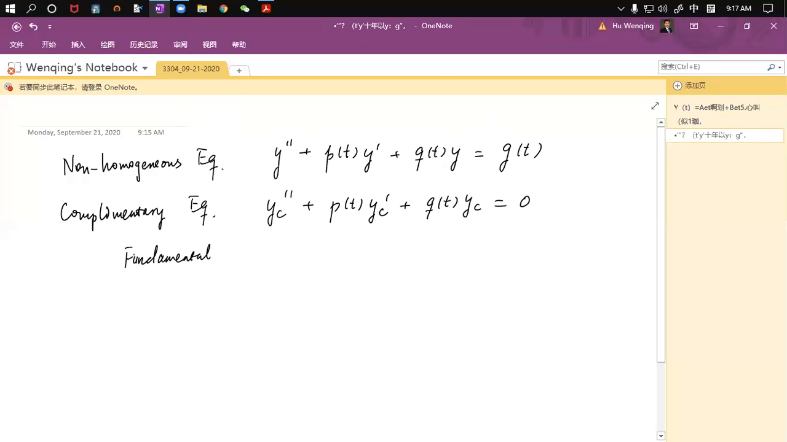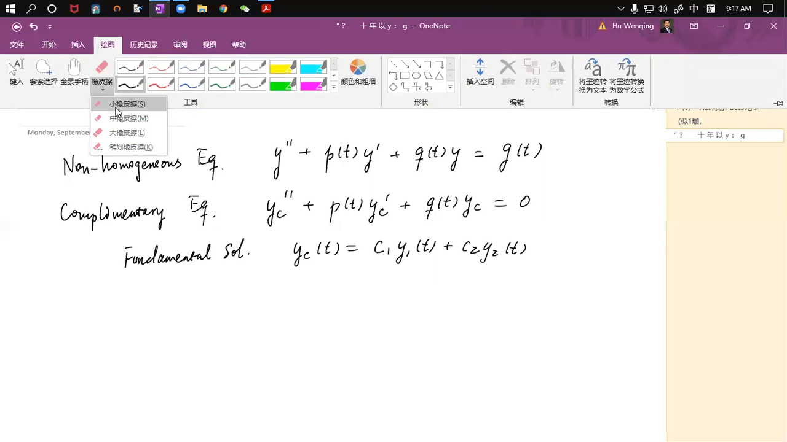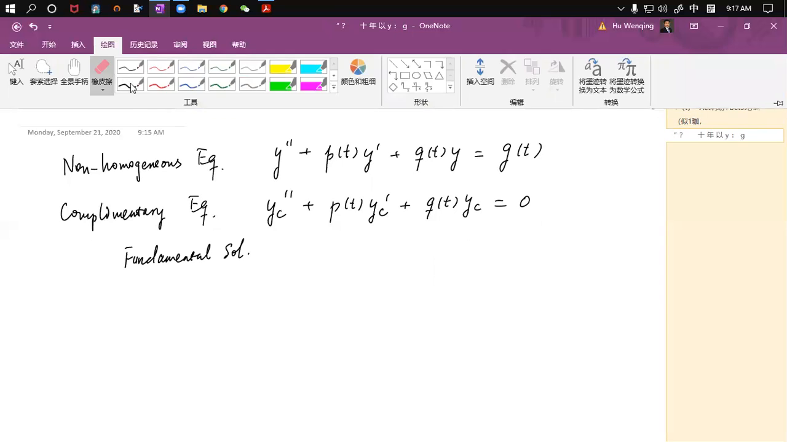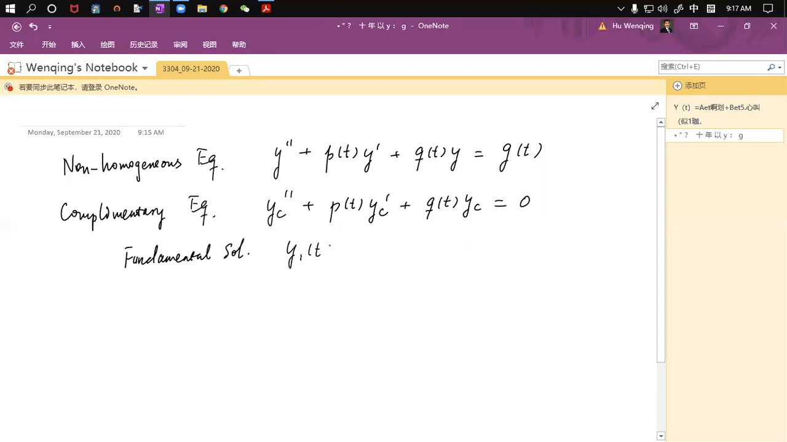Okay, so you find fundamental solutions. A fundamental solution is given by y_c of t equals c1 y1 of t plus c2 y2 of t. No, so this is not the fundamental solution. To be more precise, fundamental solutions are the solutions y1 of t and y2 of t. They are solutions of the complementary equation, and they satisfy that the Wronskian W of y1, y2, which is the determinant of y1, y2, y1 prime, and y2 prime,